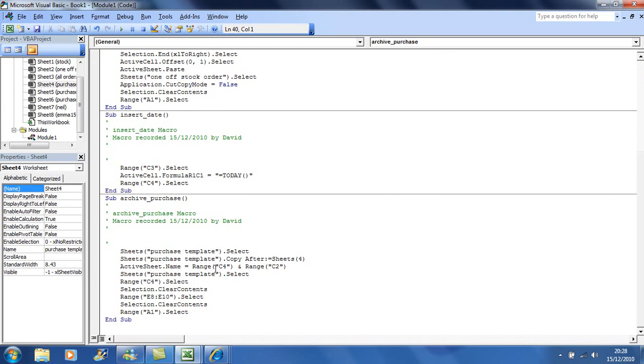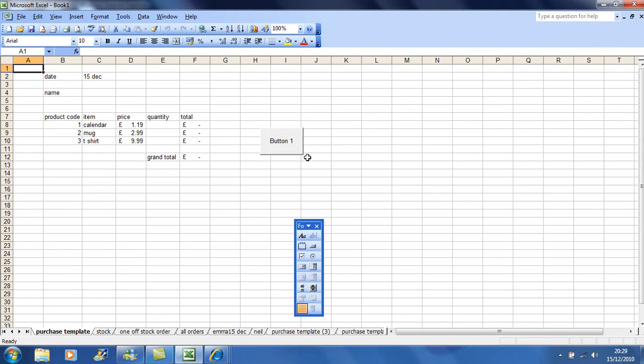What I'm going to do here is put range C4 and then a speech mark and a space. In fact, I'll put a couple of spaces, another speech mark, and an ampersand there. So what it's going to do is put Emma, then a few spaces, and then December the 15th. And to prove to you that it actually works,